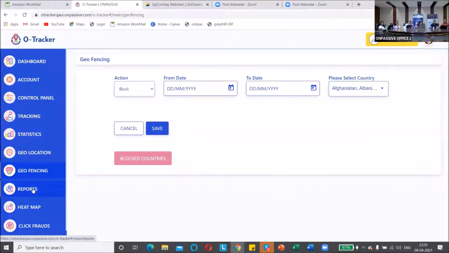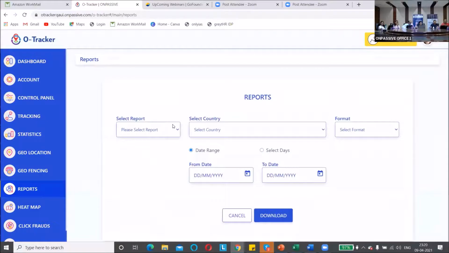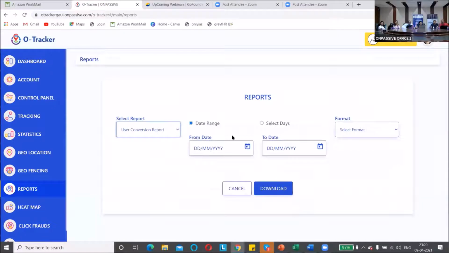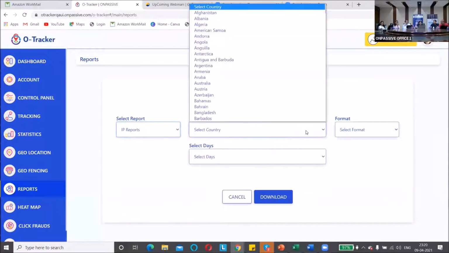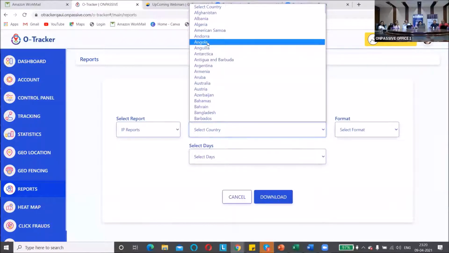Going further down, I do have reports. So if I click on user conversion reports, people who were visitors and then converted to customers, they can see it from here. And apart from that, we do have IP reports as well. So in IP reports, if I select country, any of the country, if I select,